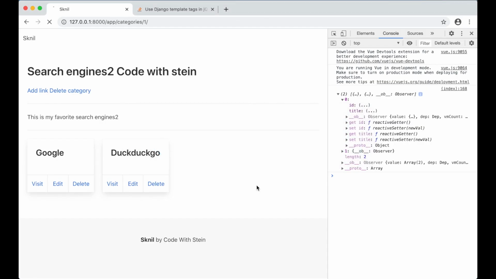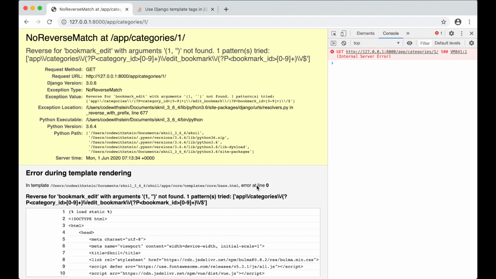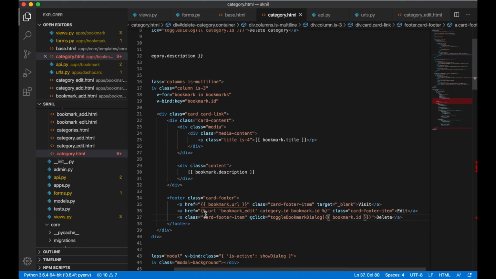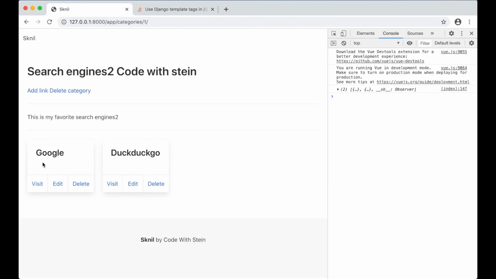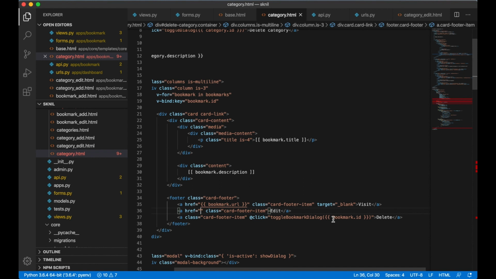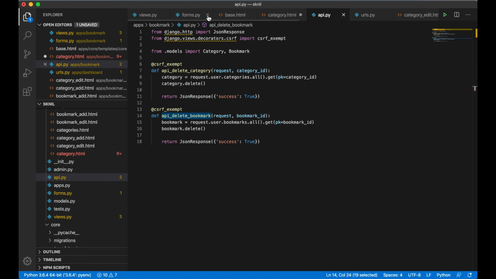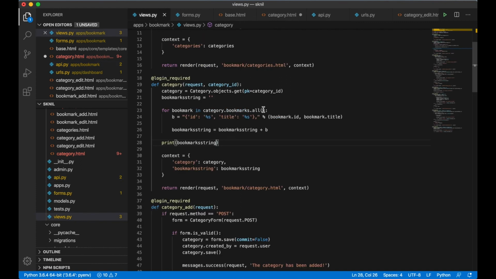Just want to check that it's working, and it's not, because this URL will not work like this. There, so I still get these two, and these are from the bookmarks from the Vue.js. Can remove this bookmark.url. I forgot to add that one, so I can go back to views.py,